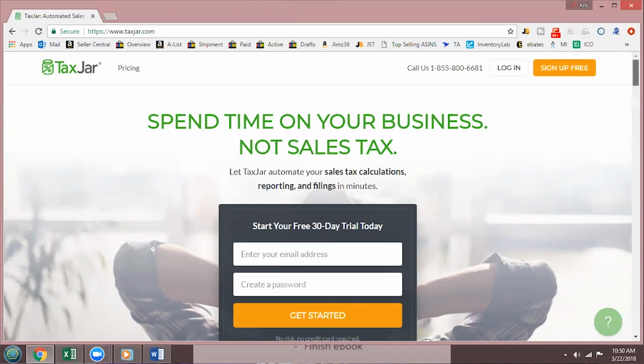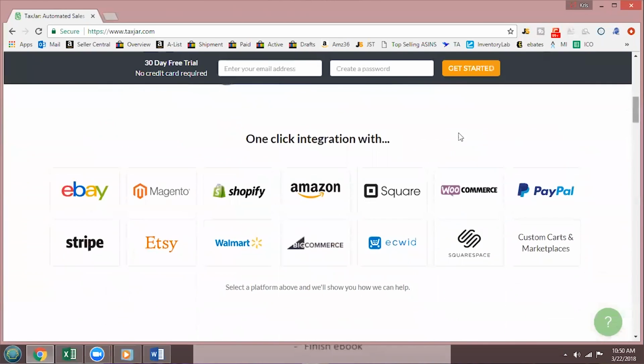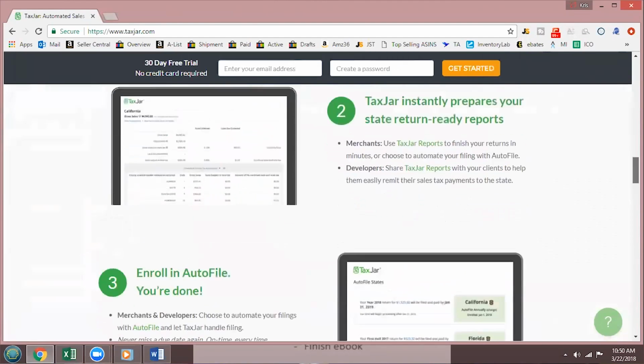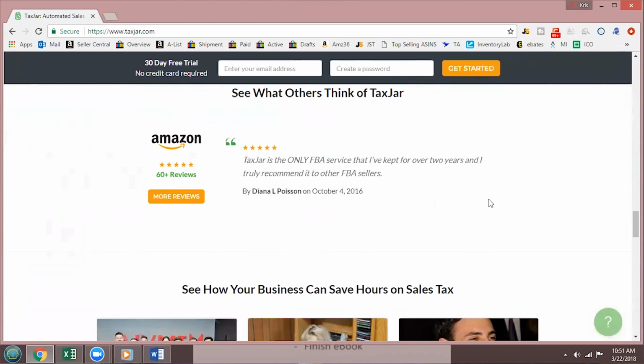They're relatively similar, basically the same features, except I'm going to be talking about TaxJar, one, because I think it's more user-friendly, and two, it's only $20 a month as opposed to $50 a month. And I'll leave that in the description below. Basically, this can link up your seller accounts, so that includes Amazon, eBay, Shopify, if you have a Shopify store, Walmart Marketplace, Etsy. If you can think of it, they probably have it integrated in their system, which is great.